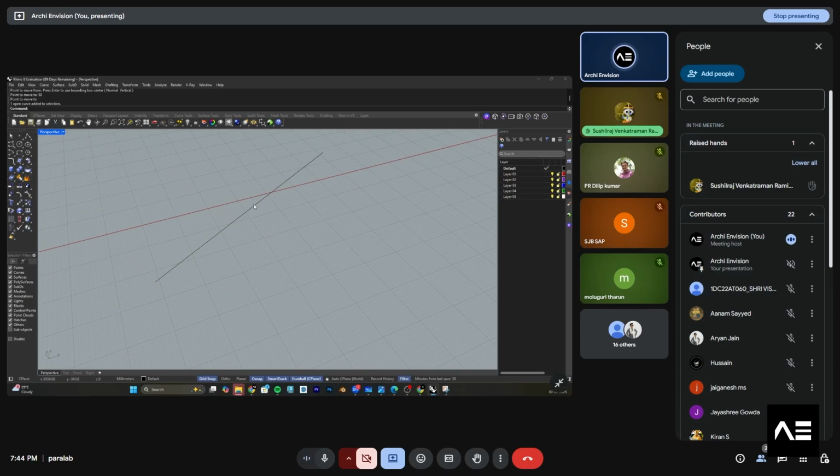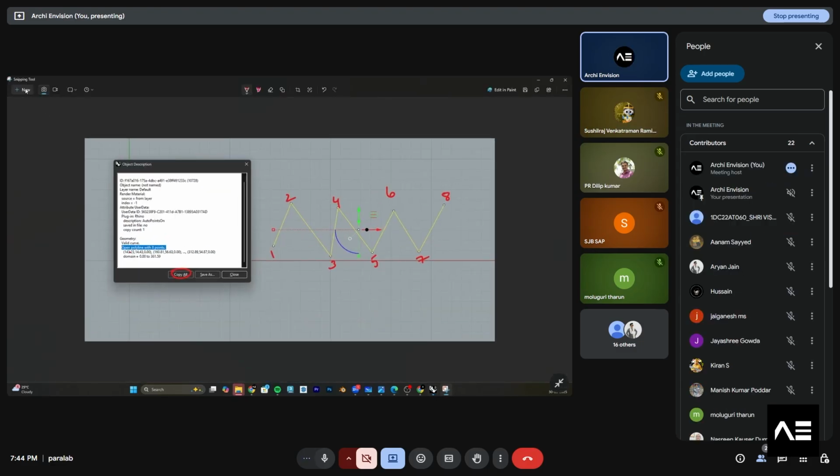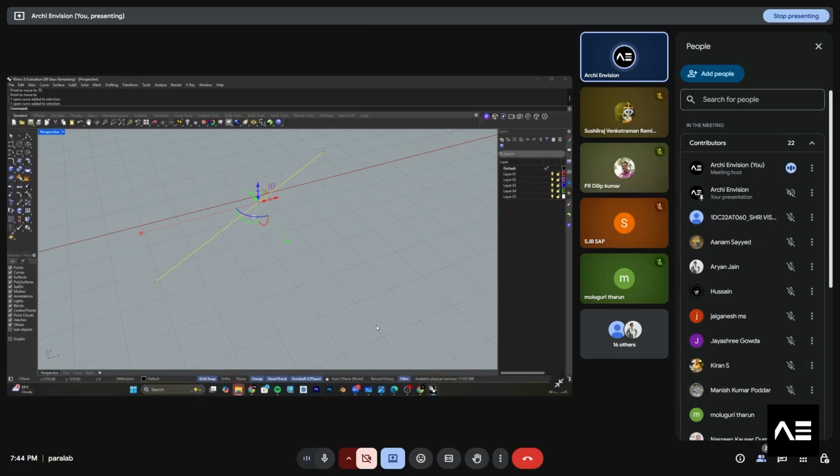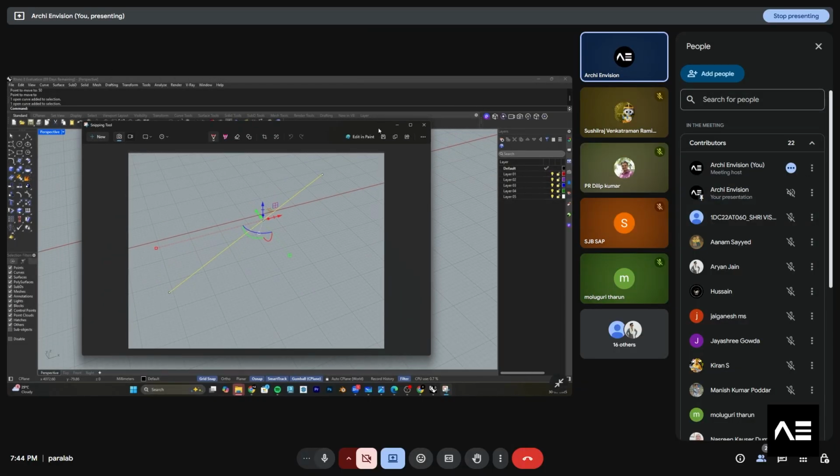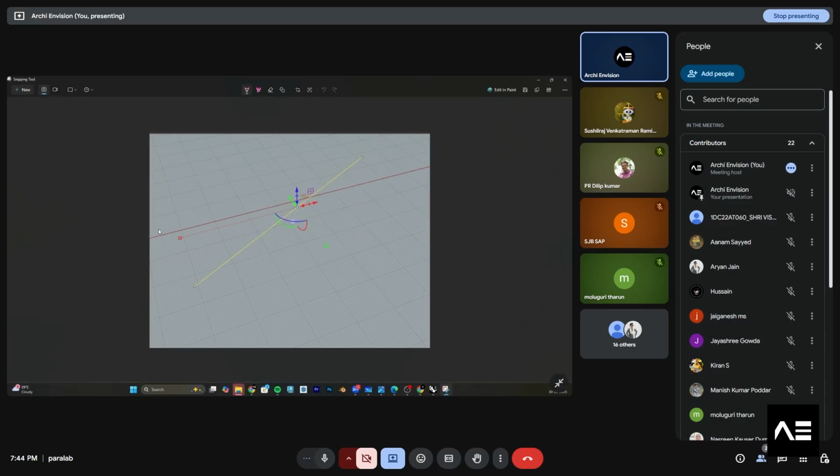The next thing is the gumball. Gumball is a simple tool with all complex moves. So it will have the move command. Let me explain it in brief, so you will get to know. This is how the gumball tool will be. There are 3 axes. You guys know about X, Y, and Z. If you click on the arrow and slide, it will move. So the arrow keys will move it.